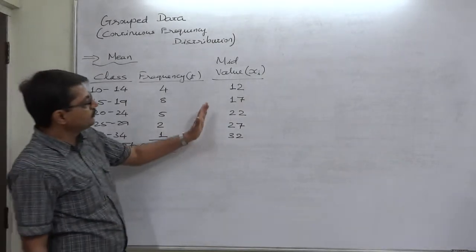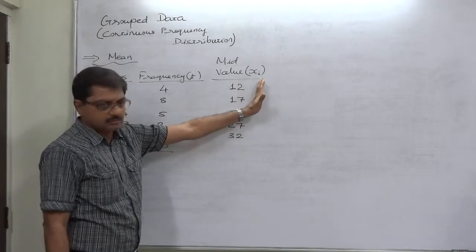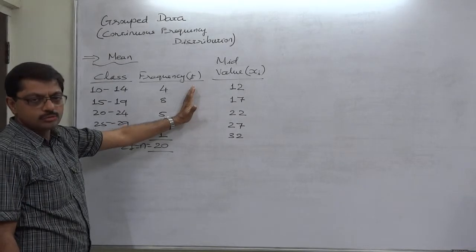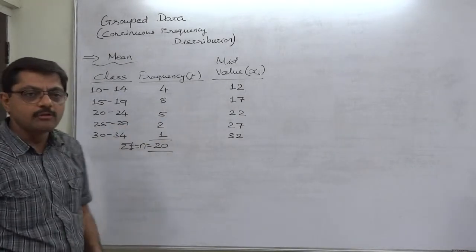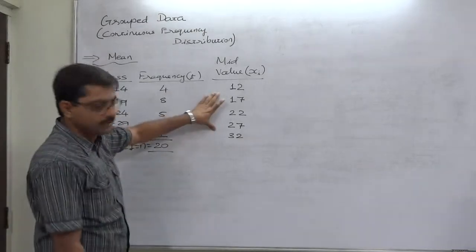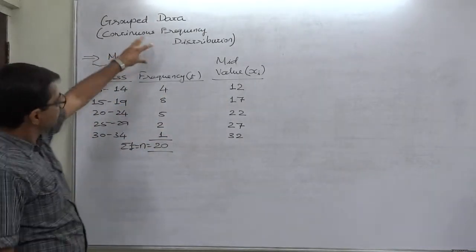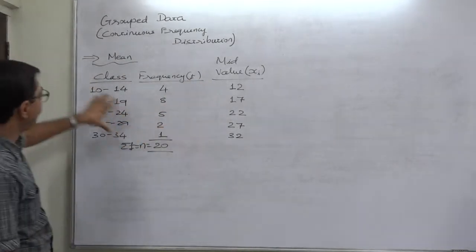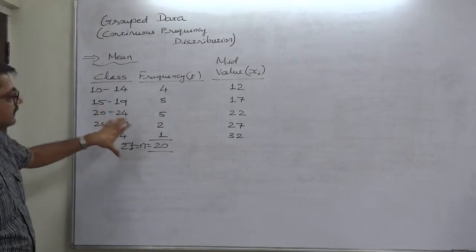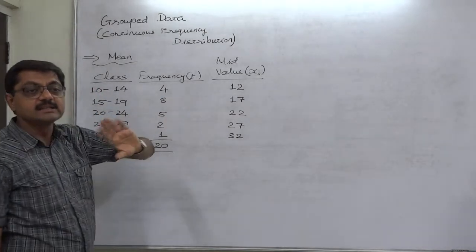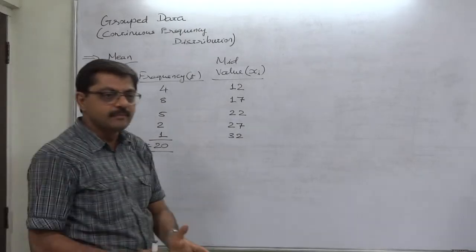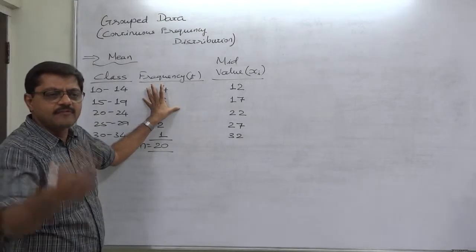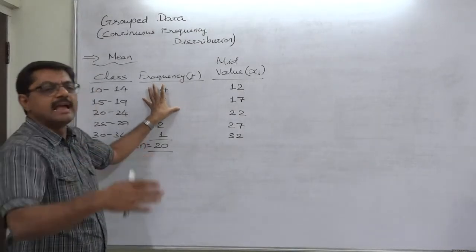Now we have two things, mid value x and frequency f. What to do? Now we just require to calculate the weighted mean of these mid values. So mean of the group data is ultimately the weighted mean of the mid values of the class intervals, where the frequency is taken as weight. In case of weighted mean, we use the sign of W for weight. Instead of W, we are now continuing with f.